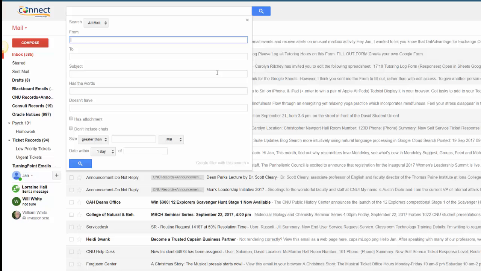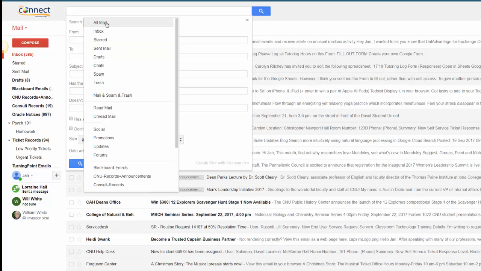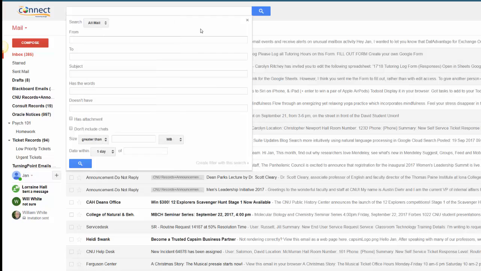This customization includes who the email is from or to, the subject, any keywords that might be in the email, whether or not the email has an attachment, the email size, and a possible date range from when the email was sent. You can also limit your search to specific labels using this drop-down at the top.